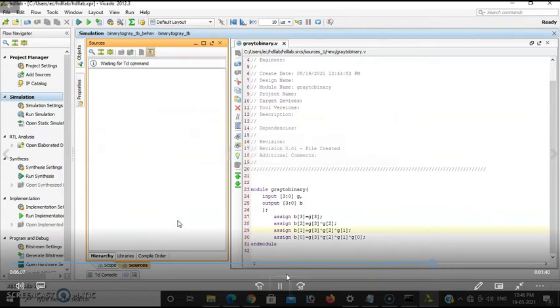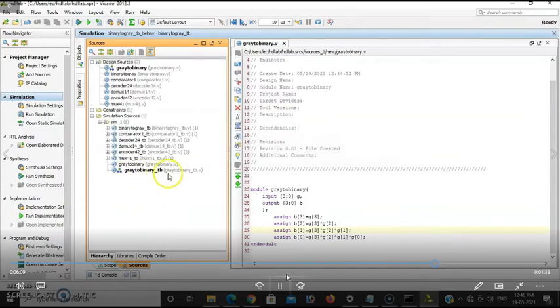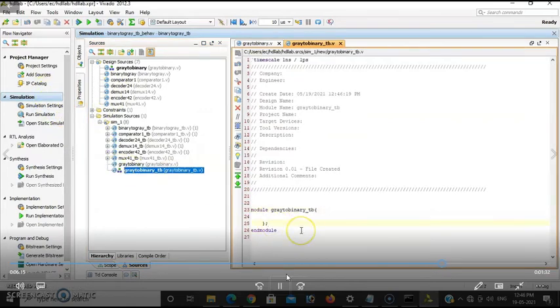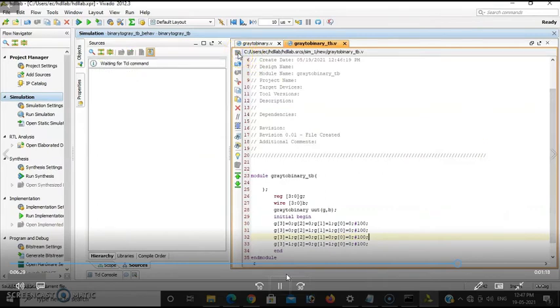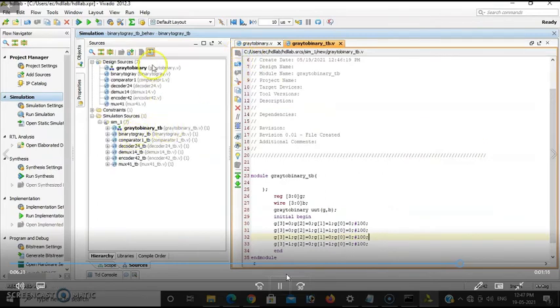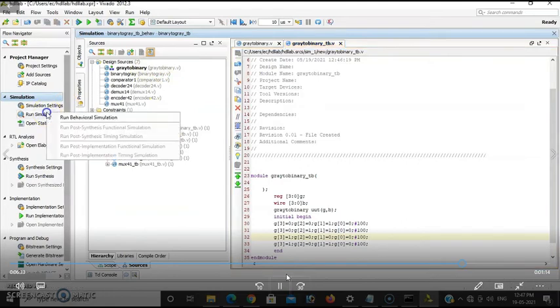Then set as top, your gray to binary. So provide the combination of your gray signal, so 0 0 1 0, 0 1 1 0. So I have selected a few of the combinations, and for them I need to verify the binary values.